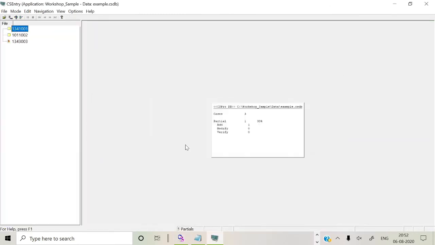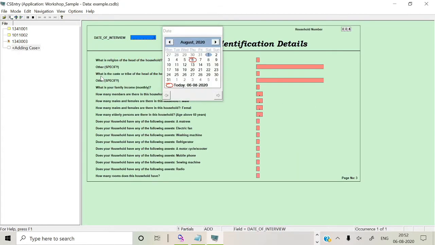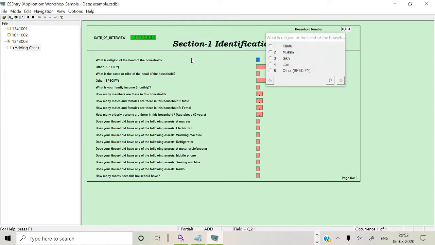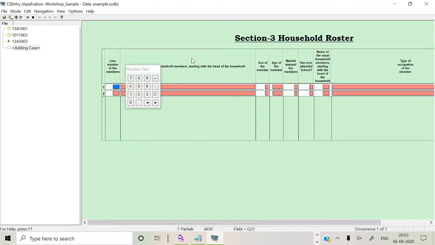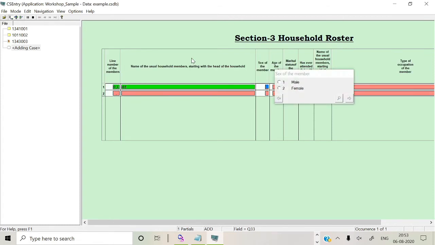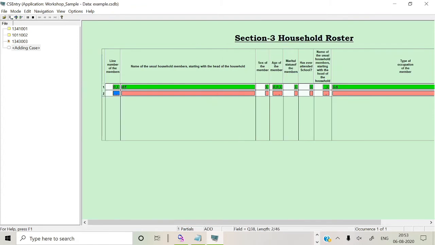So what we are running, we are running the data entry. Basically, you want to understand this is base programming only. That's why we have not gone for much more program, because we have declared total member as 2 members. So automatically only the two roster lines are coming. If you look at the two members, only line numbers are coming, so you can easily enter the things and move forward, line number and all those things.